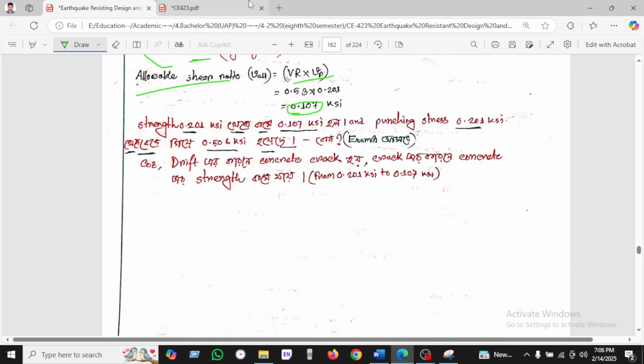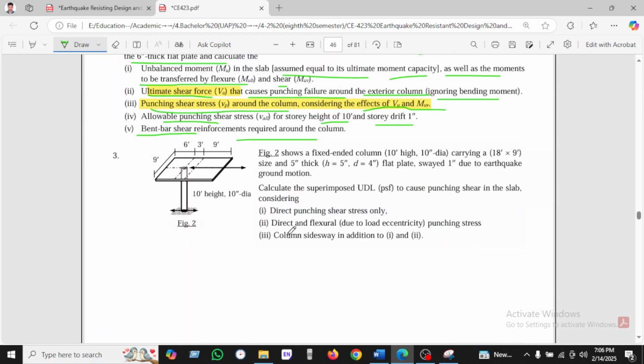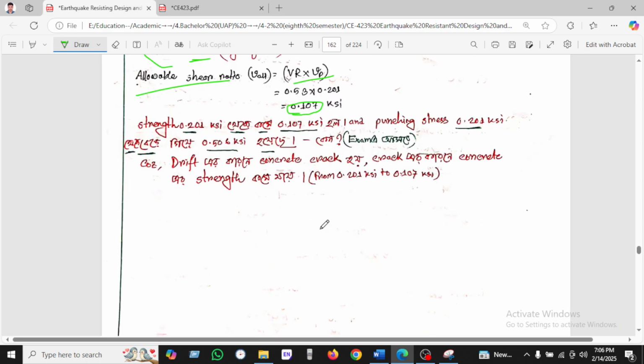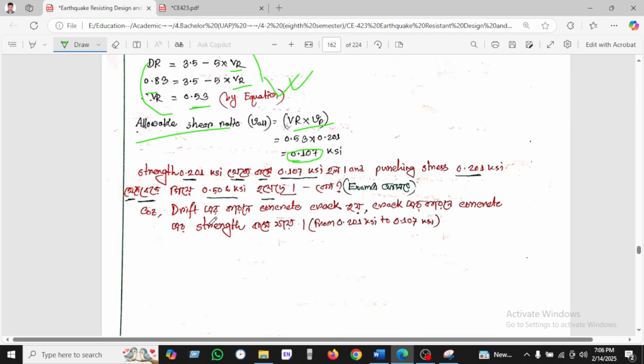Okay, so these are the other answers. The allowable punching shear we have found here. So strength we have found 201 ksi. So it will be decreasing now to 0.107 ksi, and punching stress 0.201 ksi, and it is increasing